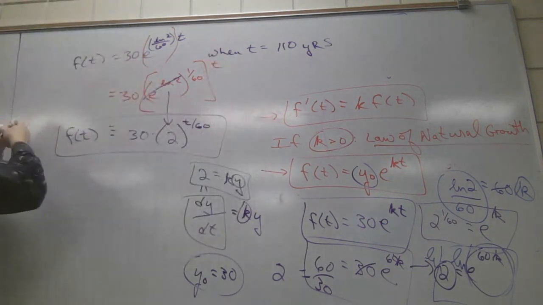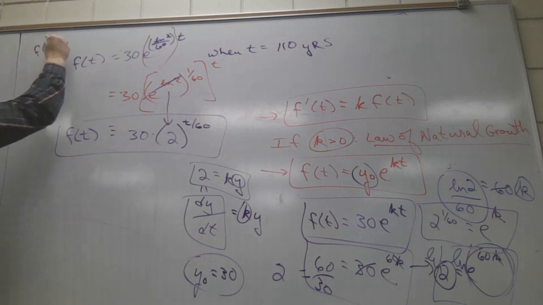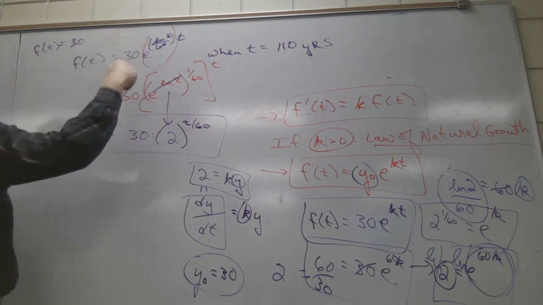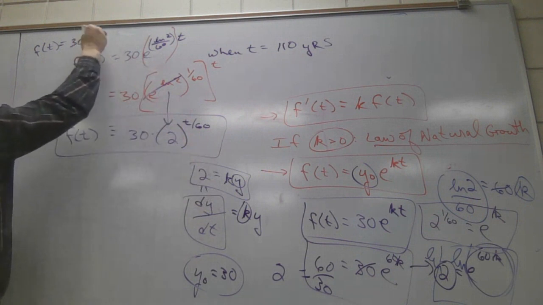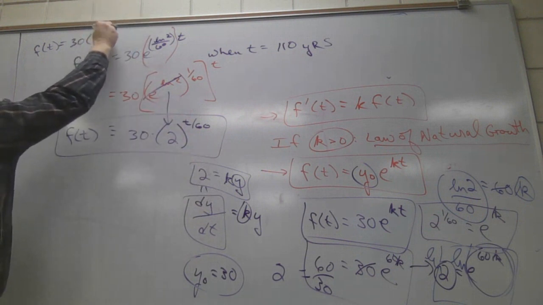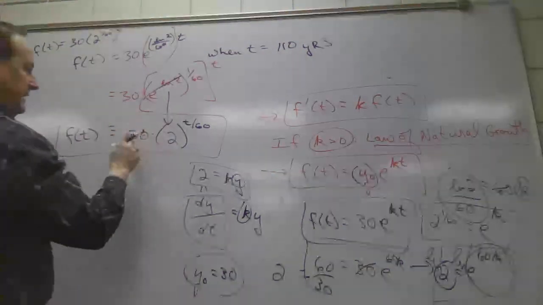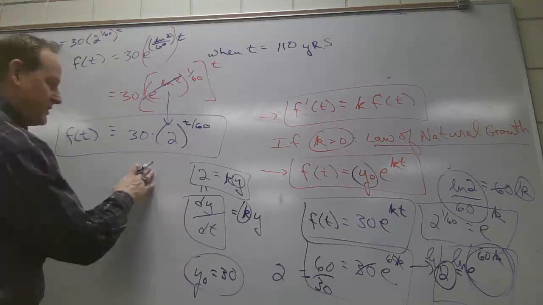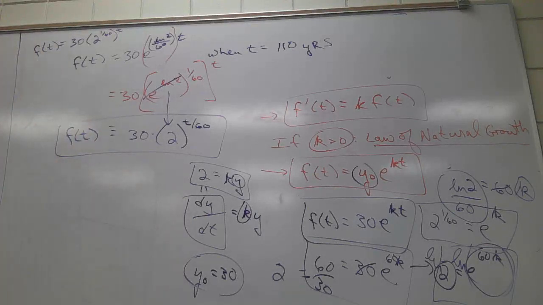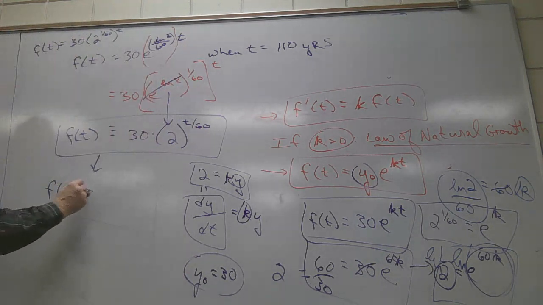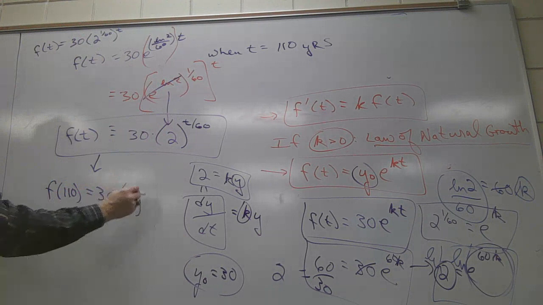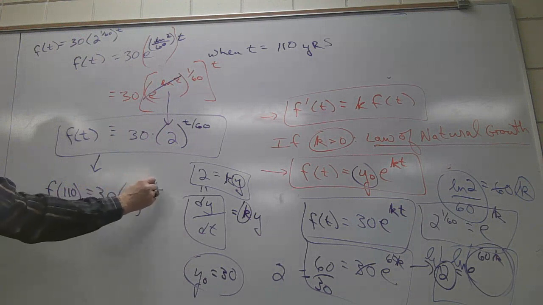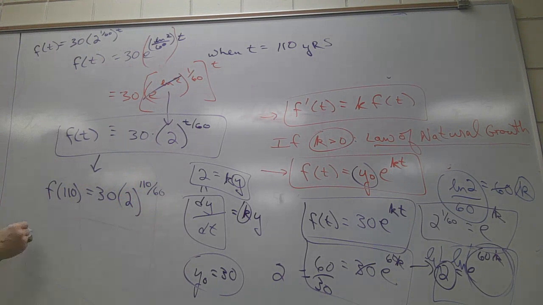So we could have rewrote it: f of t equals 30 times 2 to the 1/60th, which was e to the k, and then quantity to the t, which ends up being 30 times 2 to the t over 60 power, right? Anyway, long story short, now we can answer the question finally. This is why we're doing this stuff together, because it's not easy unless you do it right. And then f of 110 equals 30 times 2 to the 110 over 60, or 11/6 power,